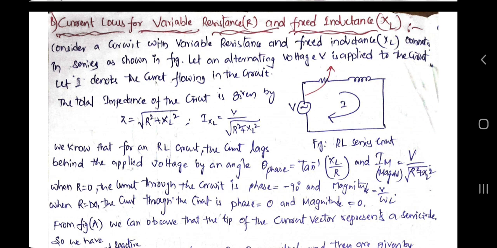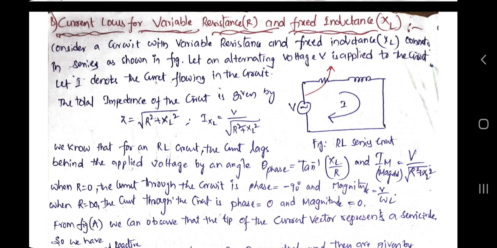So here in the series circuit, we say R and L are both in series, and the applied voltage is V. Then the current passing through the circuit is given by V by Z. What is Z actually? Z is the square root of R square plus XL square. Now we know that for the RL circuit, the current lags behind the applied voltage by a phase angle,